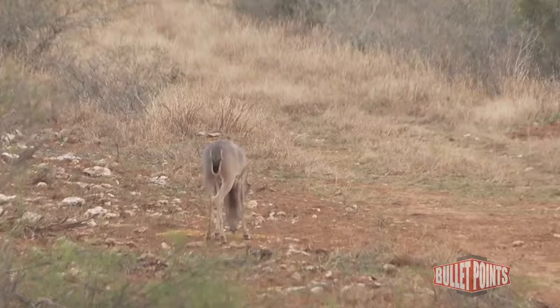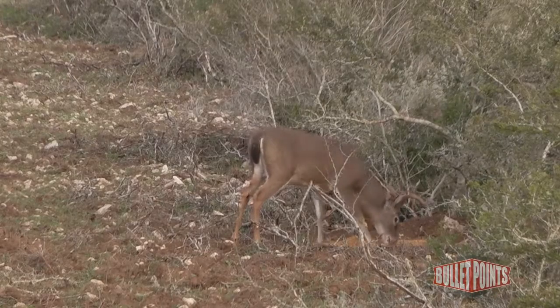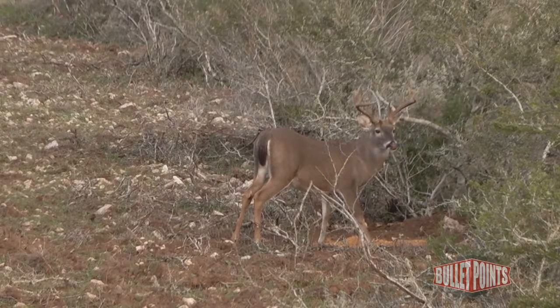I like to make them available right after the rut, and the same with feed, because the body gets taken care of before the antlers do, right? When you've got these bucks that are run down and have lost 50, 60 pounds, we want their weight to get back up as fast as possible. Obviously we're all obsessed with antlers, but when their bodies get back up faster and they're healthier, they can